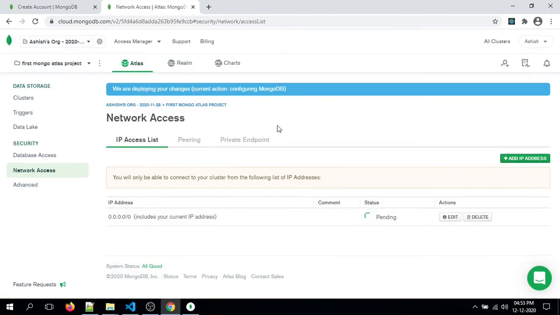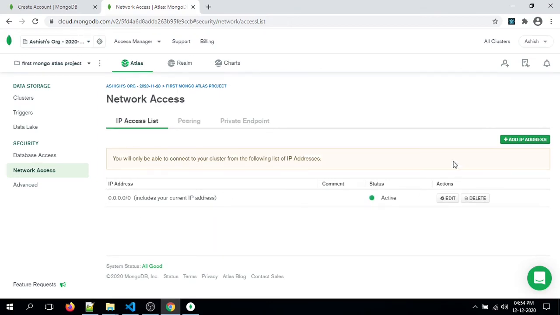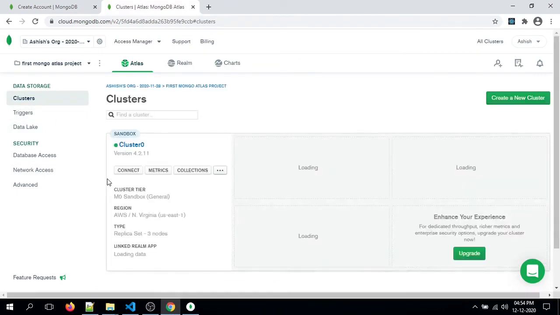You can see that our IP changes are ongoing. I will also show you how I can connect to this cluster from our application. Now our IP has been set up. I will click on clusters.